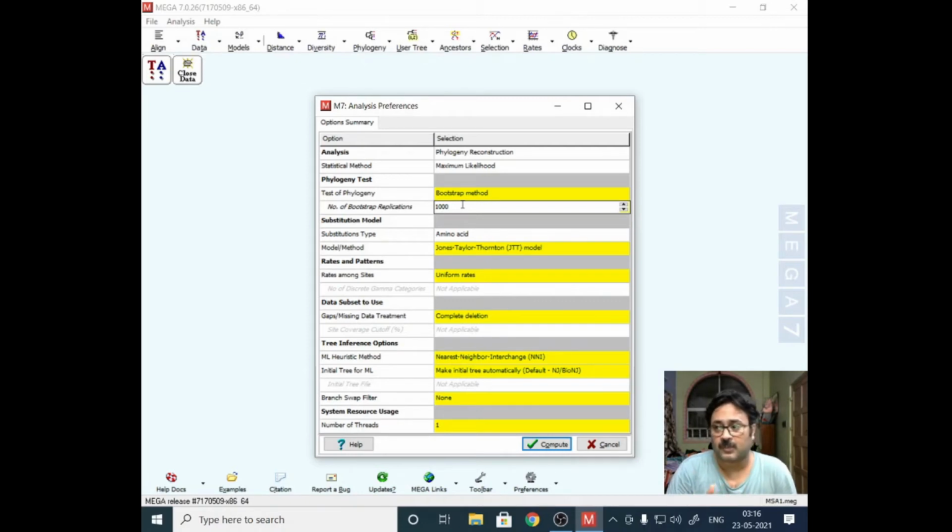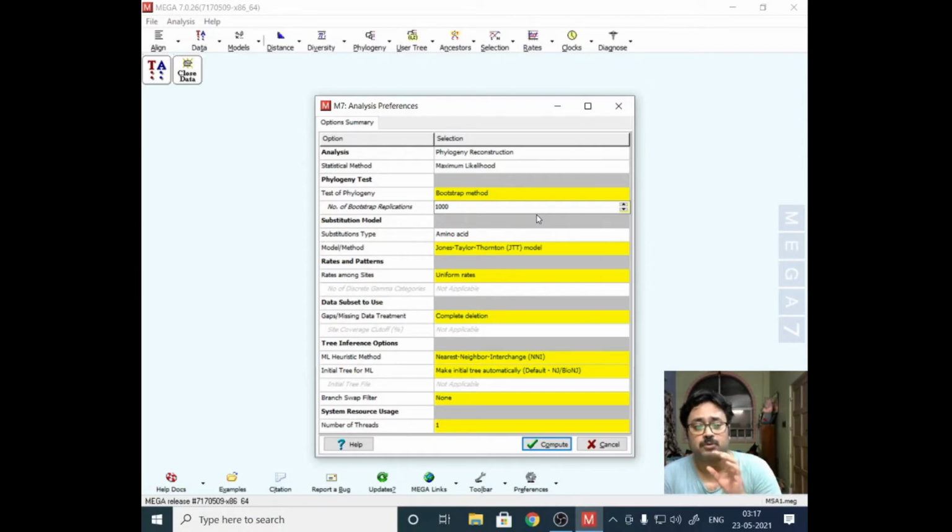Suppose in another study, you want to find out, let's say, the evolutionary relationship. In that case, the bootstrap value might be less. I'm not saying that it would be less, but there is a probability that it might be, because the total number of data or species is very high, and the length might also be very high. So according to what study you are doing, as I keep on mentioning, and what the goal of your experiment is, it will be decided what the ideal threshold value should be.